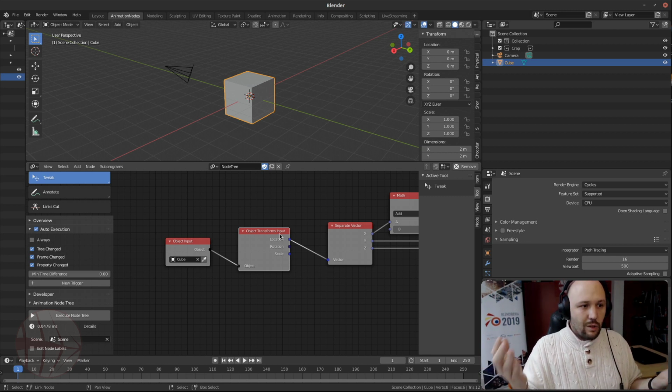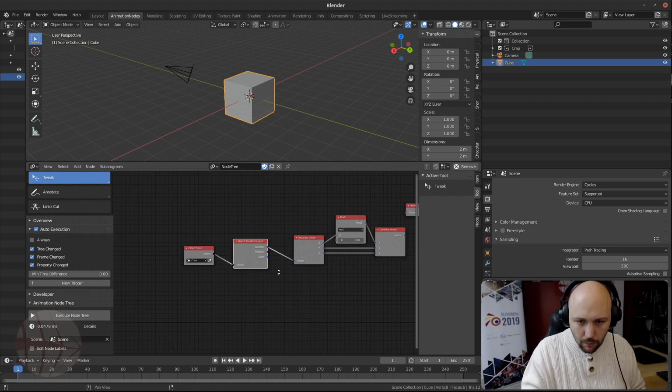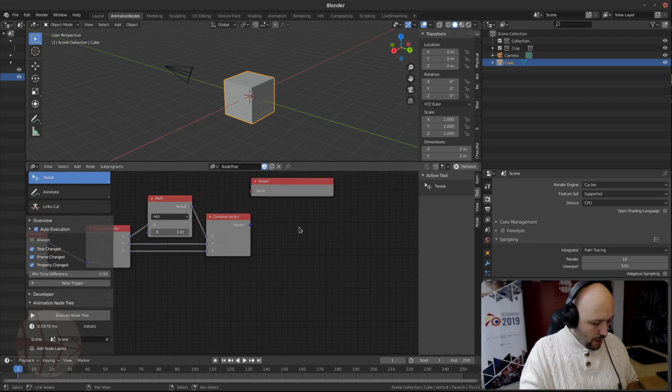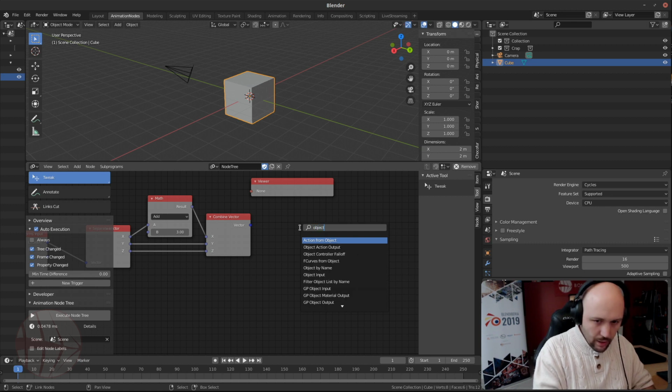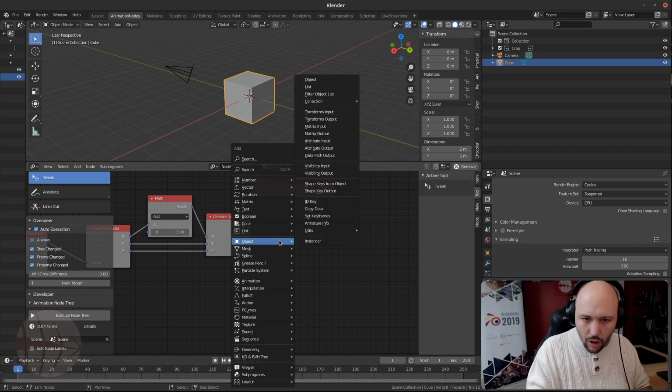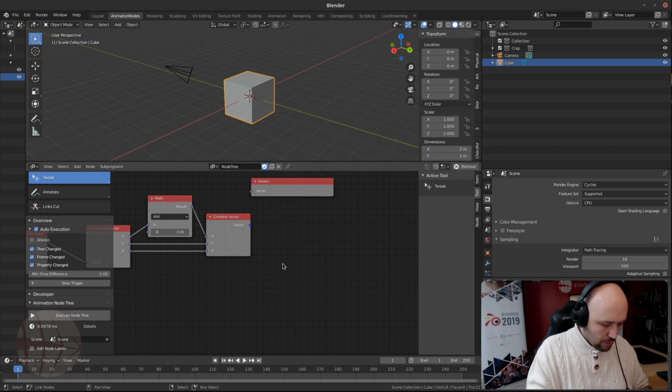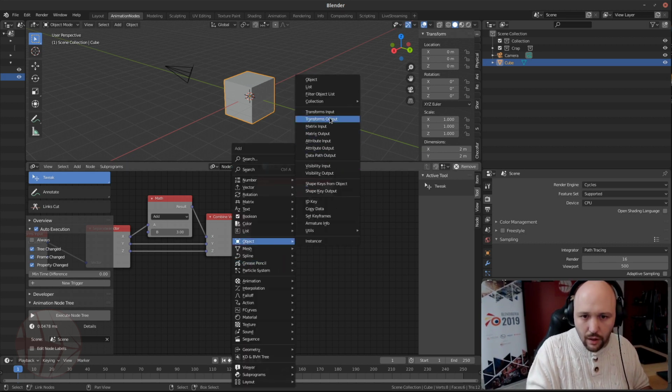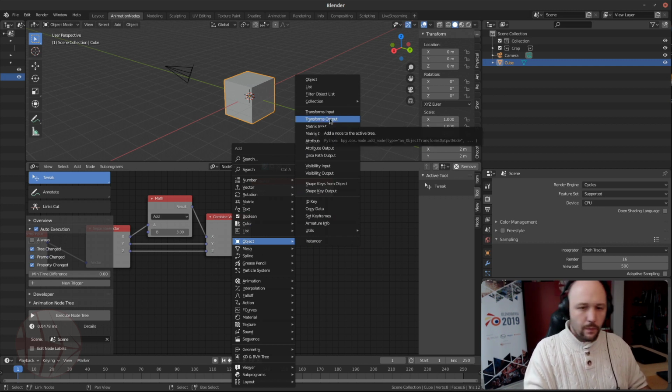So what do you think we need? Object transforms output. It's that simple. So we go now, Control A, object transforms output, or Shift A, object transforms output. Okay, don't go away. Object transforms output. With this,